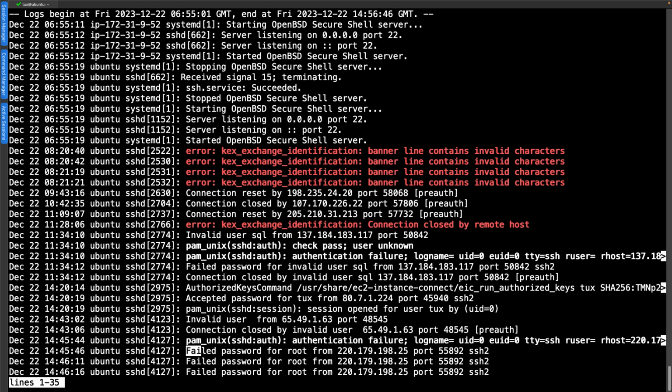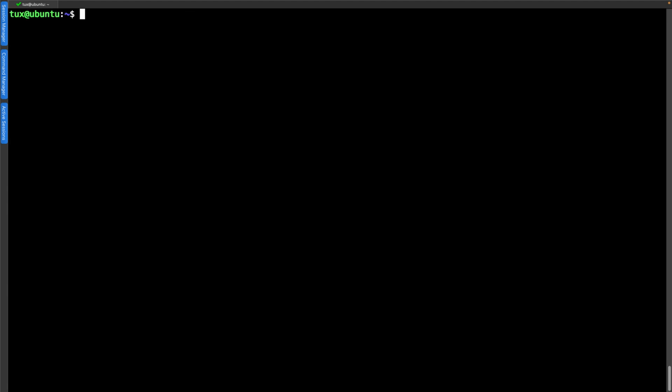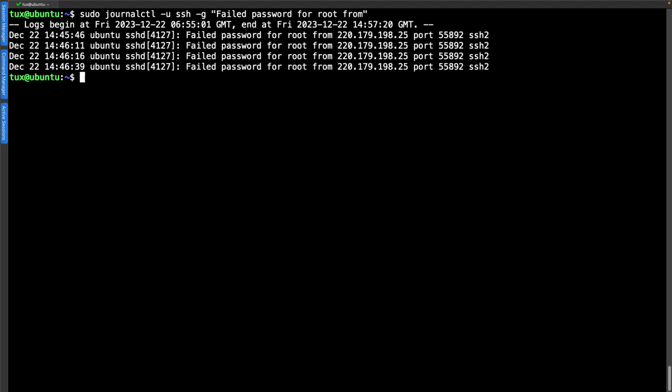Well, I can then clear out of this, so I can just use Q to jump out of this. If I want to, I can grab the string failed password, so I can easily paste that back in. And I can then use grep from inside of journalctl, and then look for my failed password so we easily search then our logs for those people that are attempting to log on as root.